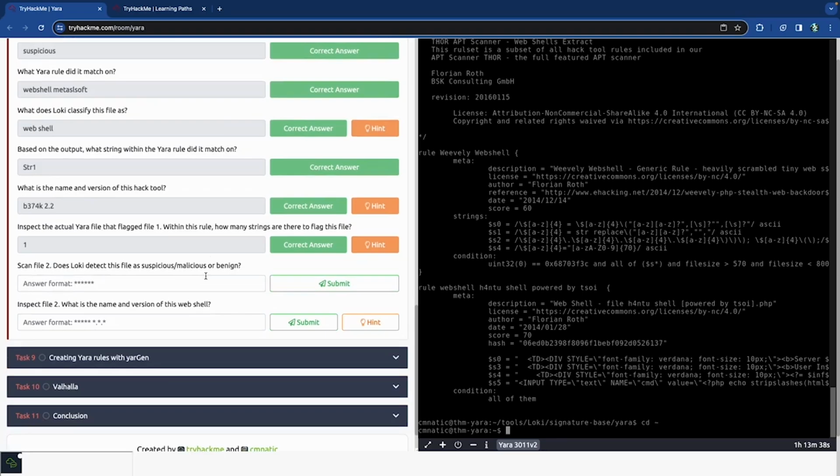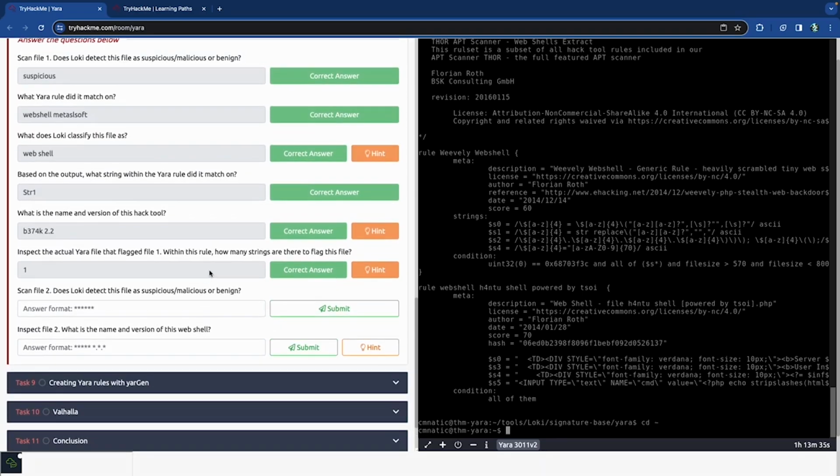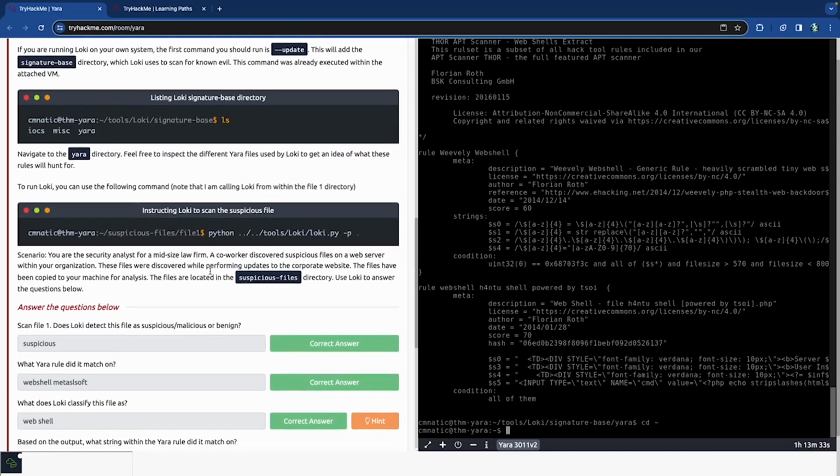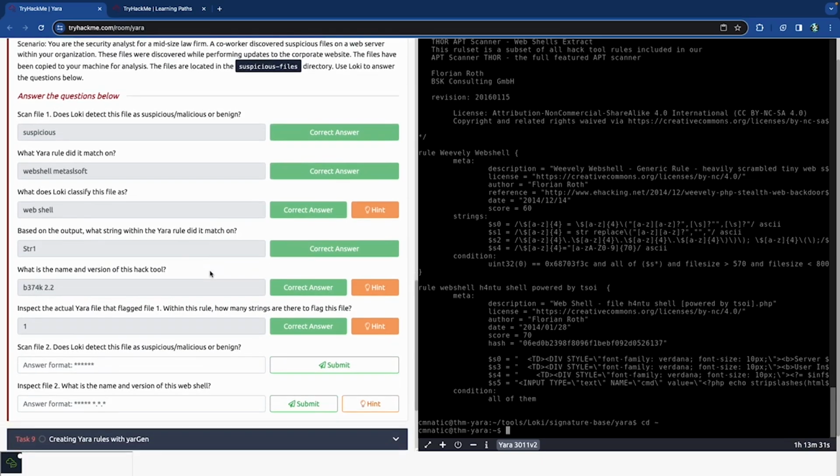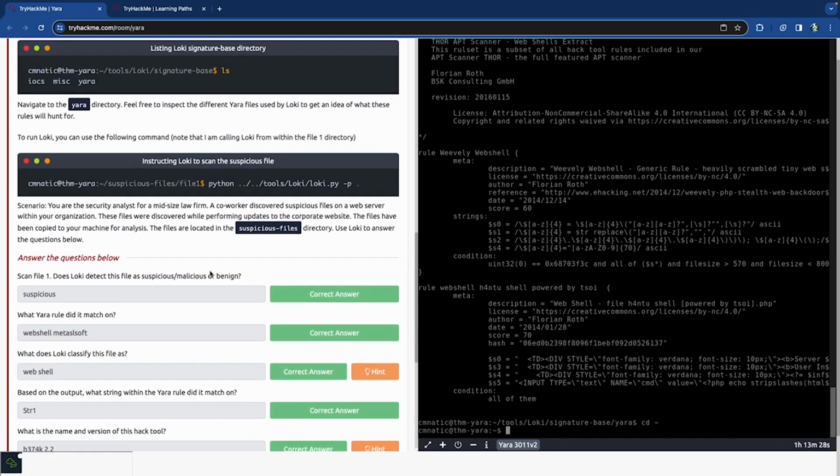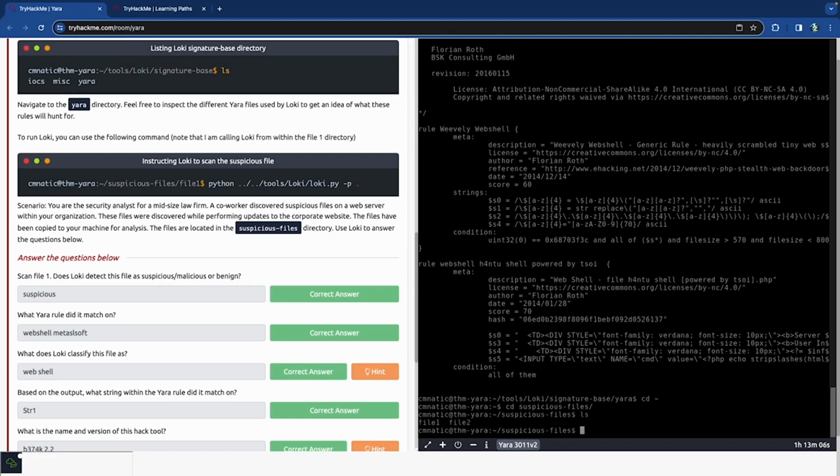All right, so now we're going to scan file 2, and then we're going to inspect file 2. What is the name and version of this web shell? Okay, so here we go. First, let me plug this in so that my computer doesn't die mid-recording. All right, we got that. So now we have to go inside the suspicious files directory and find file 2. So cd suspicious files, ls, file 2, and we're going to run it with python